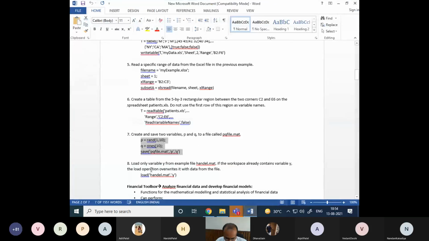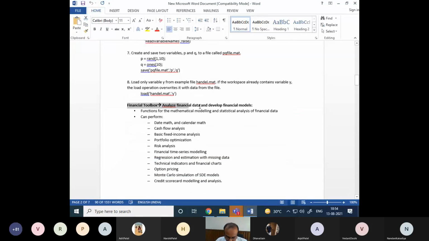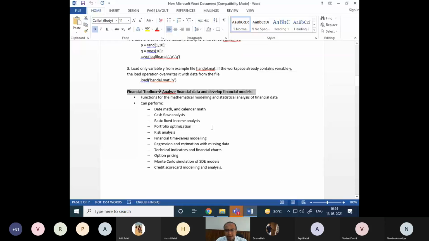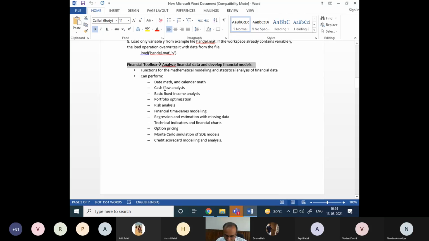These are the small things we need to use. So this is all about the basic MATLAB functionality that we are going to use in this subject. I want to cover the financial toolbox, but today I will cover only its features, and I will take one more session with this MATLAB on Tuesday, when we have lecture, so we can cover more with the financial toolbox, date utility and other things. So we have to learn the utilities provided by the financial toolbox.